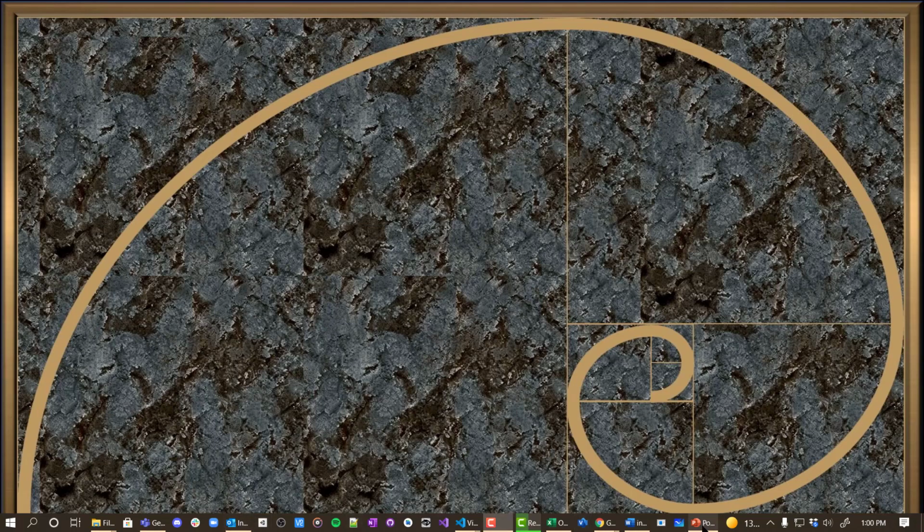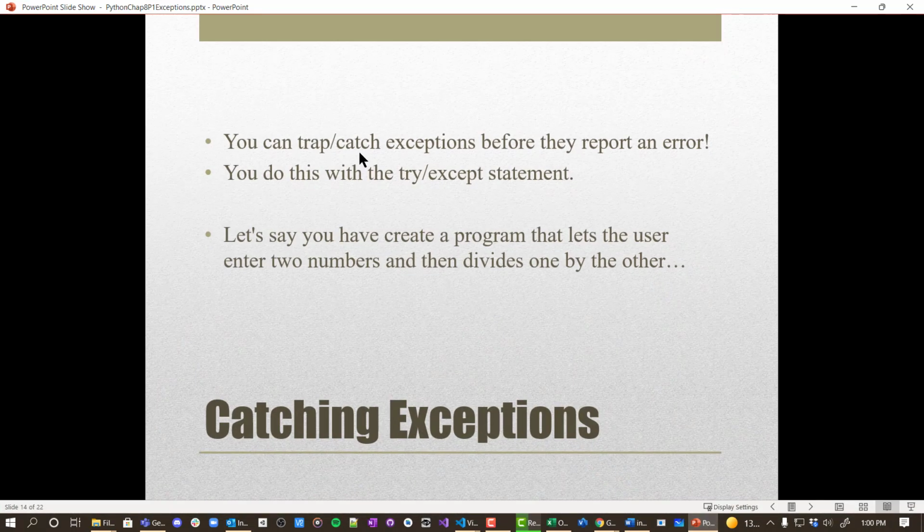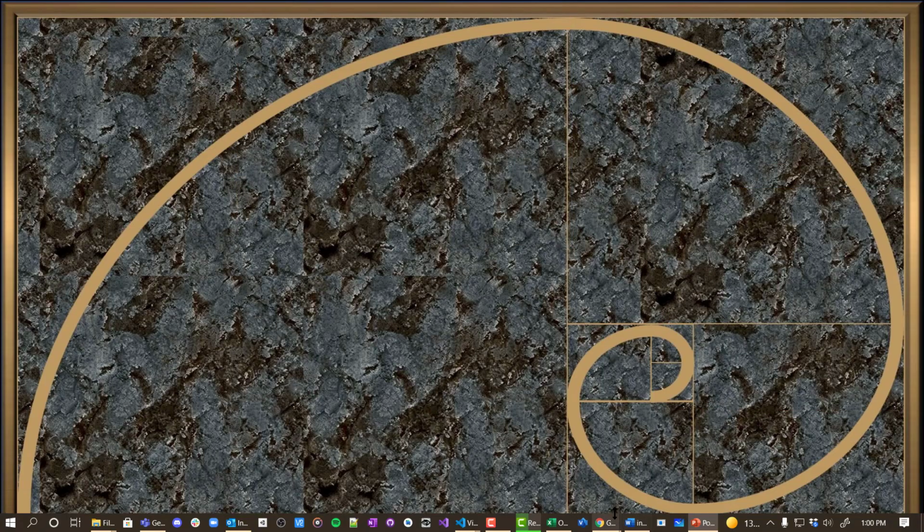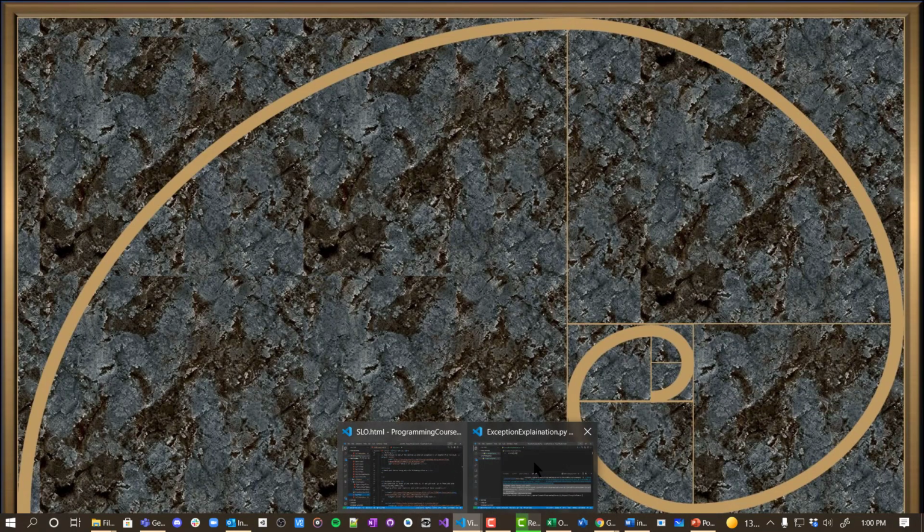So how do we catch exceptions? Well, we can trap exceptions before they report an error. And we do this with a try except statement. So let's say we have a program that lets the user enter two numbers and then divides one by the other. So I'm going to